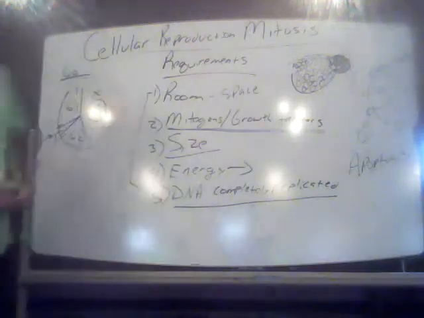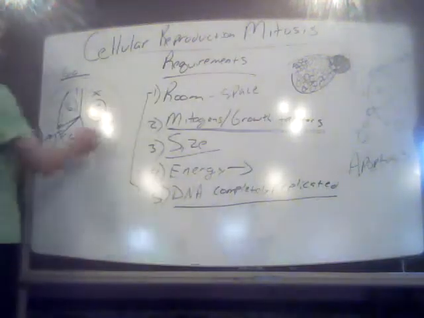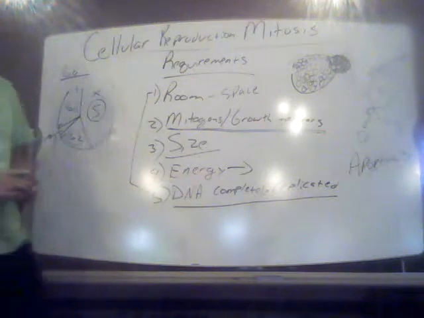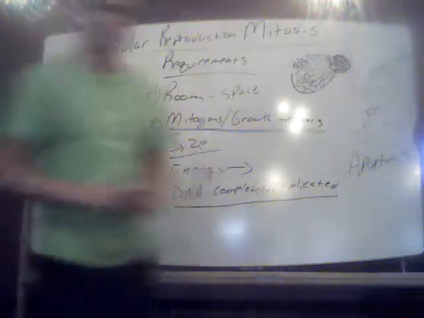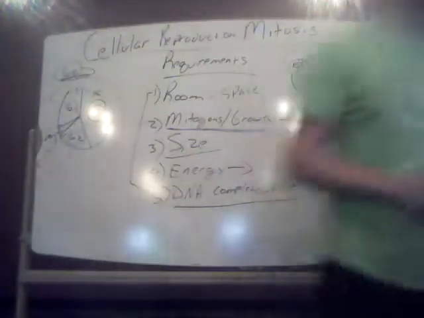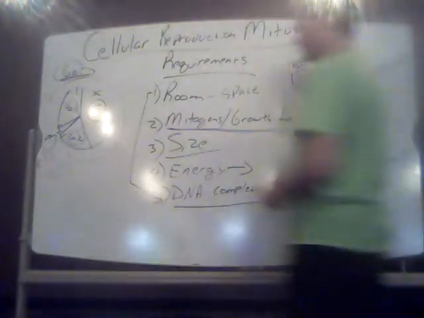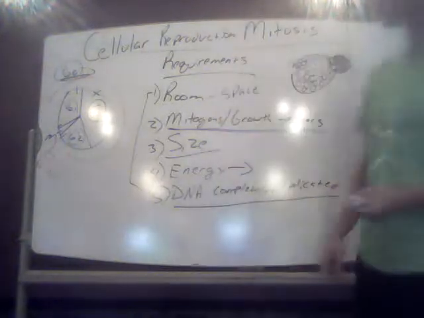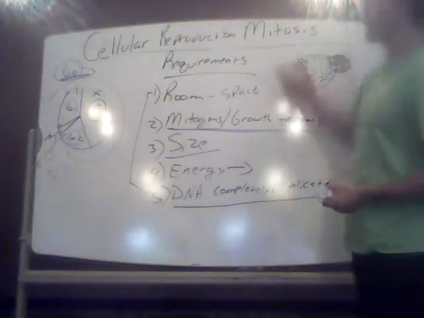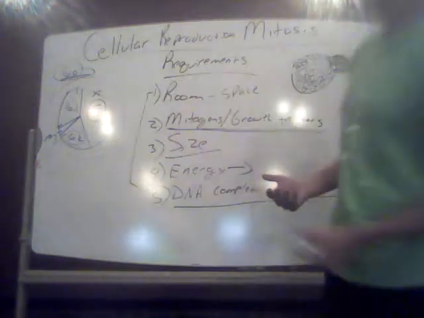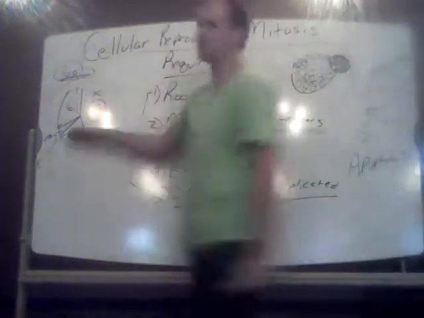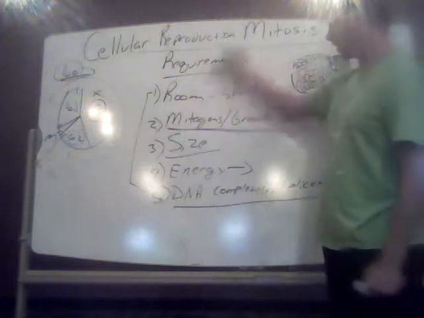So if any of these requirements aren't met and there's enough cellular damage and the cell just is not going to repair itself, it may stay in gap zero for a long time, or it may get rid of itself, programmed cell suicide. And again, that's a topic that definitely would warrant a lot more explanation than what I have time for in this video. But understand that these are the requirements necessary for mitosis to take place, for cell division to take place.